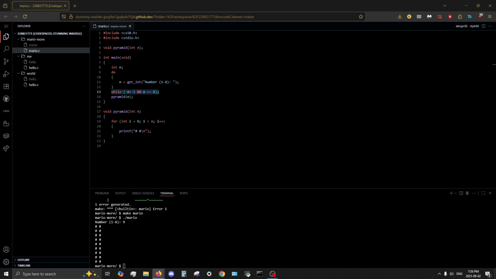The while loop will continue to execute the code block within its curly braces as long as its condition remains true. I don't want it, that makes no sense. I don't want it to print when it's greater than 8 though. Well, n is greater than 1 and n is greater than 8. But that's always going to be true as long as n is greater than 1, so I need that. Well, n is greater than 1 and n is less than 8. Do I have to include 8 in the